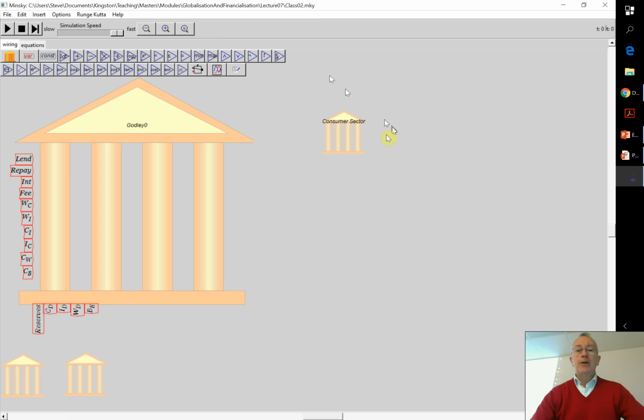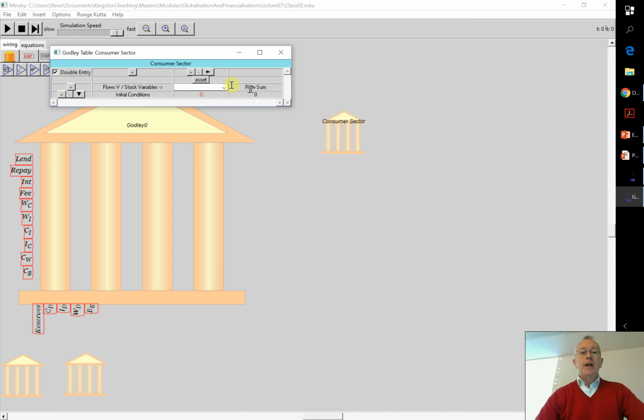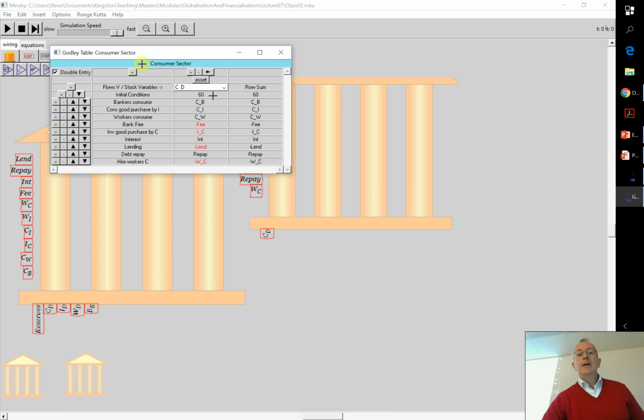Okay, and so I've now got the consumer sector over here, and now I can go back and choose an asset, back to this drop-down window. Because one group's asset is another one's liability, it shows me the liabilities that haven't yet been assigned in the system. So if I click on CD for consumer deposit account, Minsky then brings across all the operations that are currently recorded for that account. Okay?